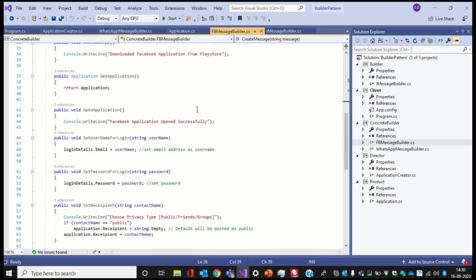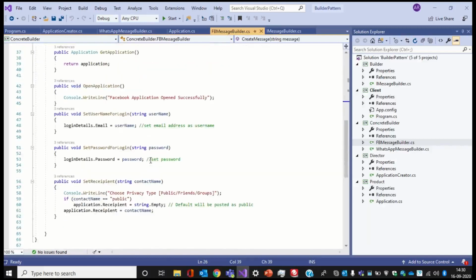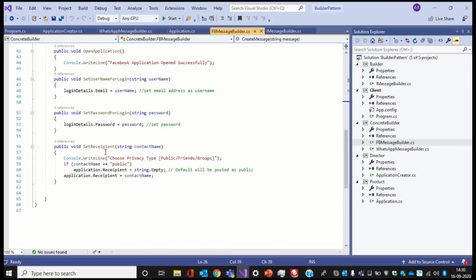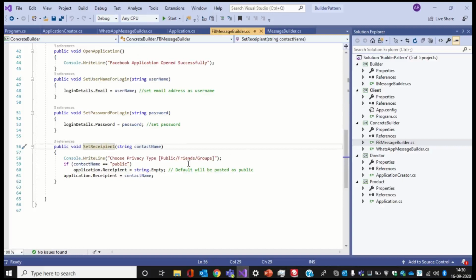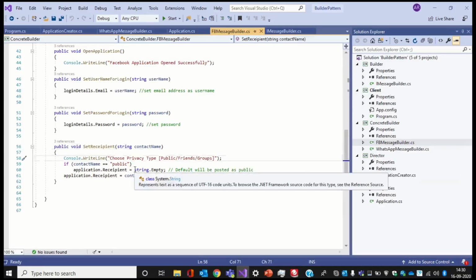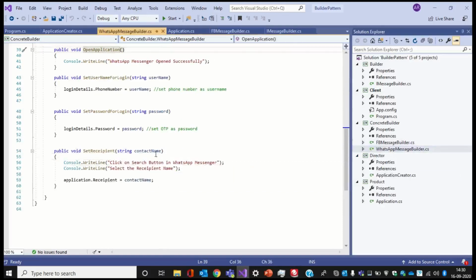The rest of the steps, downloading the application, getting the application object and opening the application, may be different with respect to the Facebook and WhatsApp message builders. There is another class which implements the IMessageBuilder interface for WhatsApp. You will use set username for login and set password for login to log into the application. Set recipient is to choose the recipient name, or the email, friends, public or groups while posting a message in the Facebook application.